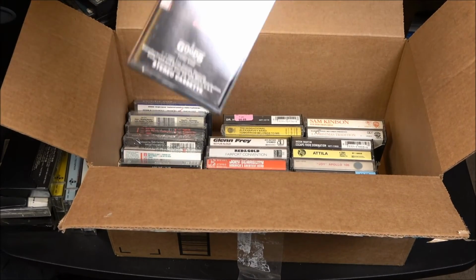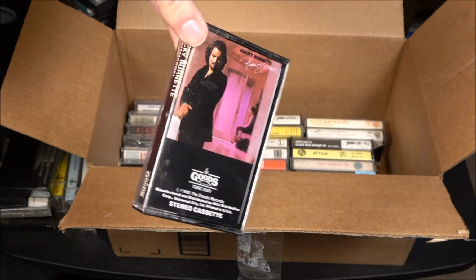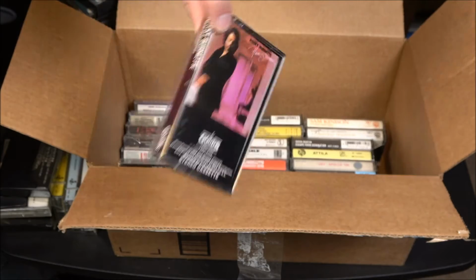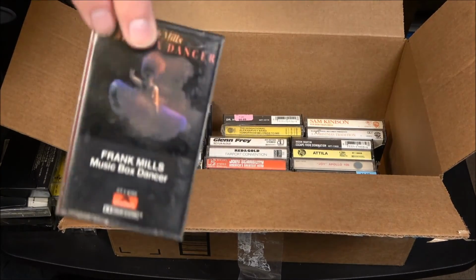Rocky Burnett, his second album. This is not the one with Tired of Towing the Line. This needs baked, is what it needs. This is kind of sticky. Let's see, for our Canadian friends, Frank Mills,